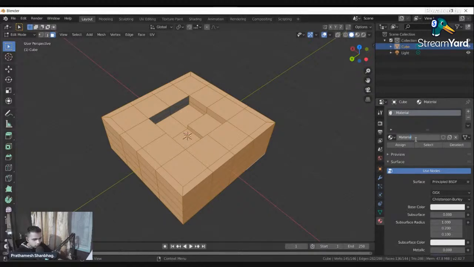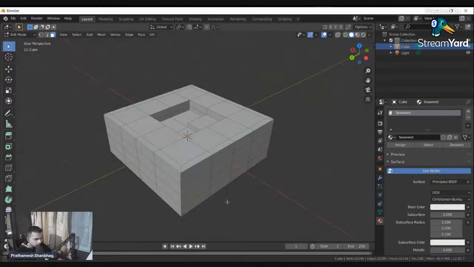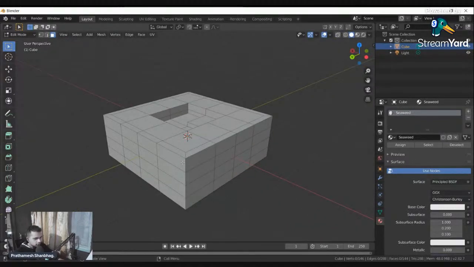So what I'm going to do is name this material seaweed, and click, oh, but all the objects have been selected. That is not what we want. I will have to select them again. So just for a refresher, hold double click on loops, hold shift.